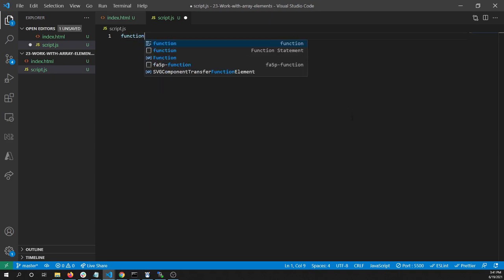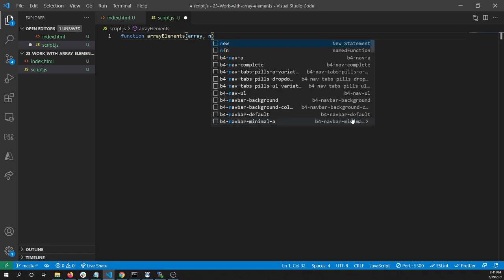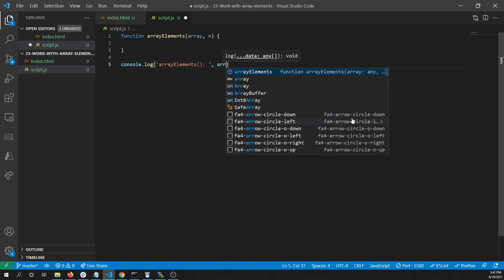So I'll write function, and the name of the function is array elements. So this function will receive two parameters. The first is the array, and the second is n. So as I said, if I call this function in a console log and I put here the first argument text array elements, let's say, and now let's call the function array